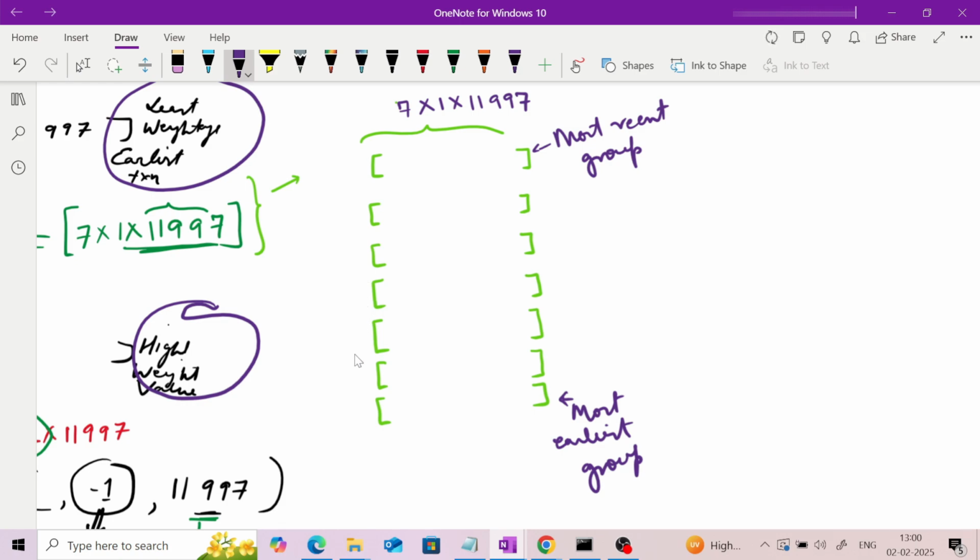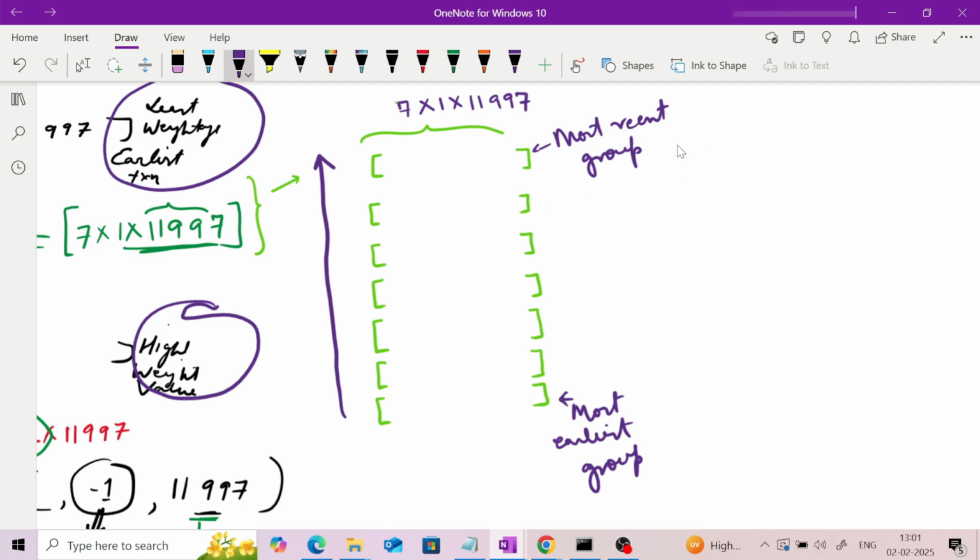Why we are doing this is that we sort it in descending order of the date on which the group was created, descending order of transaction date,